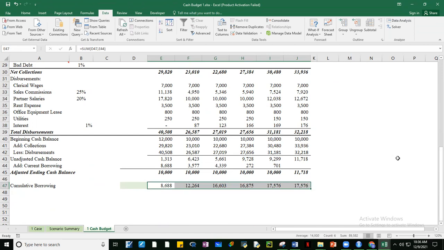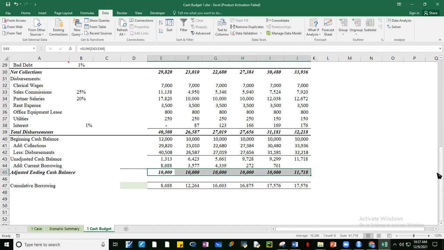So ililink natin dito. Okay? You can link it, of course, to others. No? Pwede nating ilink sa maximum na current borrowing. Okay? So hahanapin niyo yung maximum dito. Okay? So depende yun, guys, kung ano yung pwede rin ano yung pinaka na maximum na adjusted ending cash balance, pwede rin yan.